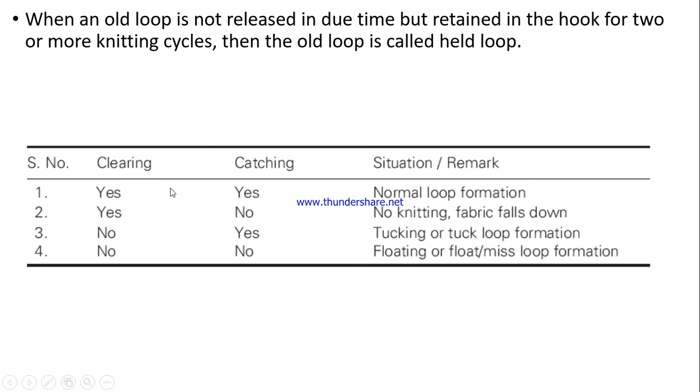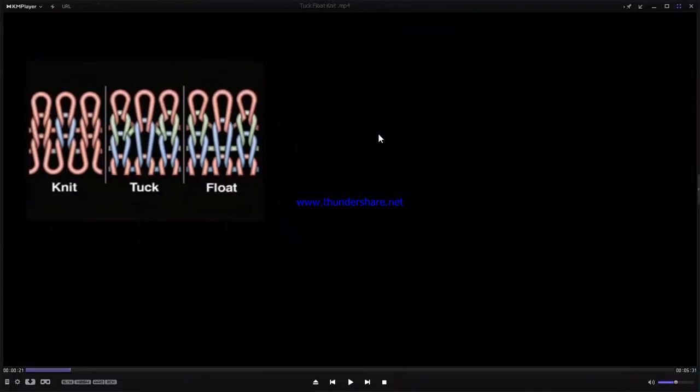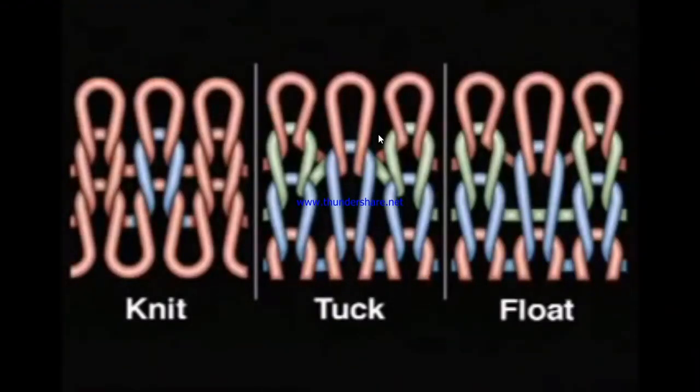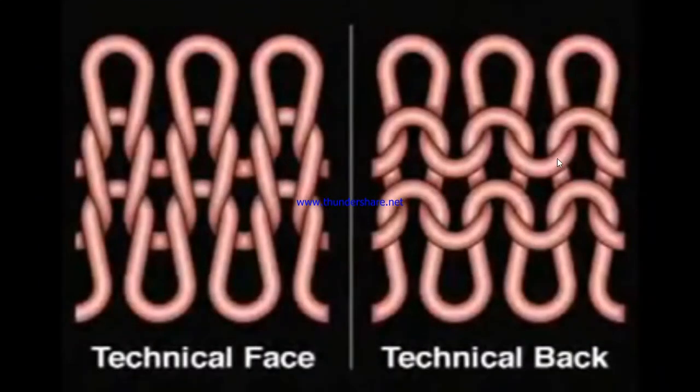So to understand this clearing, catching and the varieties or the derivatives of the knitted structure, we need to watch one video of knit, loop, tuck and float formation. Here you can see the technical face and technical back of the plain knitted fabric. Okay, this figure you are very familiar with. In the technical face, already I mentioned there will be the legs which will appear. That will give you a